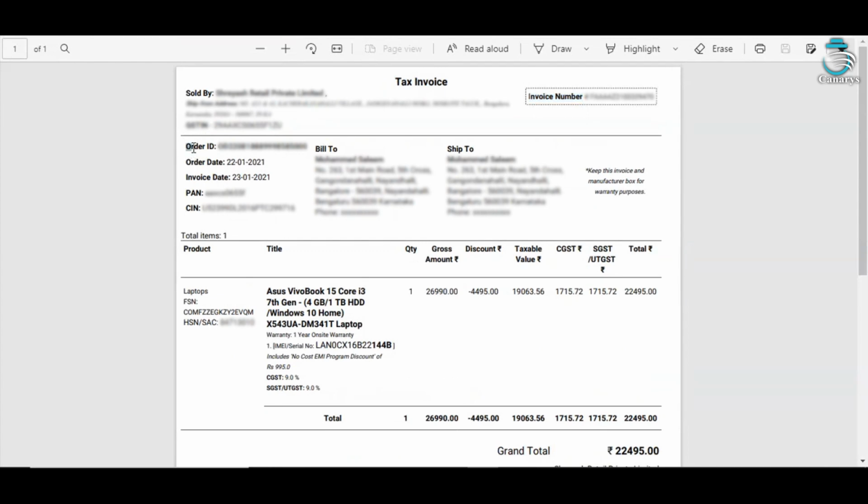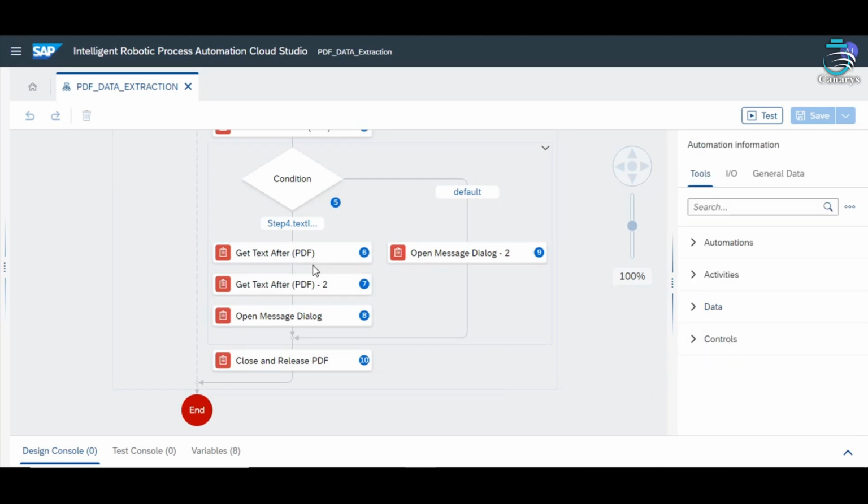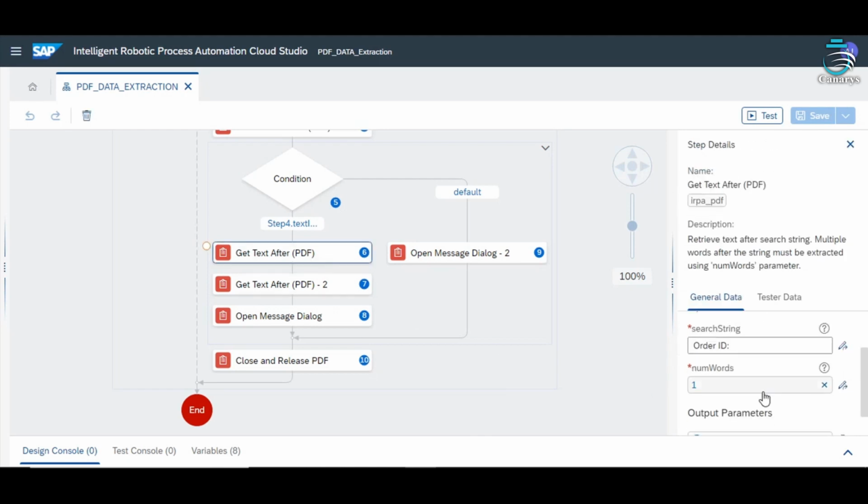So here I have order ID. So after this search string, I need this number. So for that I have given number of words required is 1. So after the search string order ID, I will get one word from the PDF.